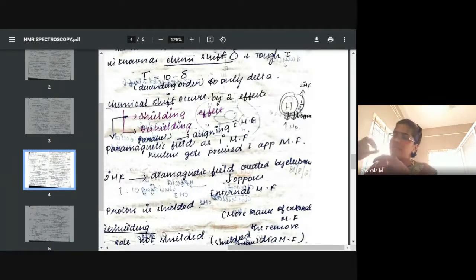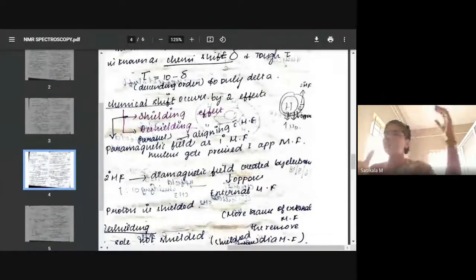So to overcome this secondary or diamagnetic field, what do we need to do? We have to apply more external magnetic strength. Then only will the secondary magnetic field be relaxed, so that we can precess the primary magnetic field of the nucleus. Then only will the nucleus absorb the energy and be flipped, so that we can analyze what kind of proton it is. So to give an NMR signal, we have to overcome the diamagnetic field. The diamagnetic field is known as shielding. It creates a shield or cover for the primary magnetic field, so the effect created by this is called the shielding effect.